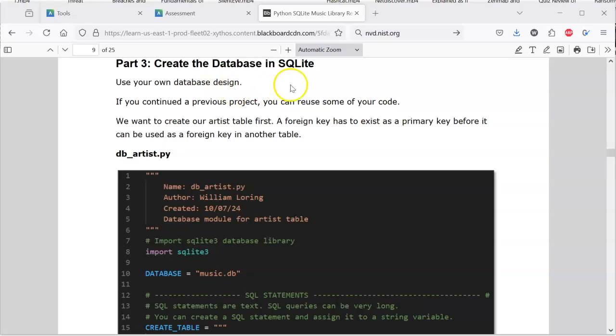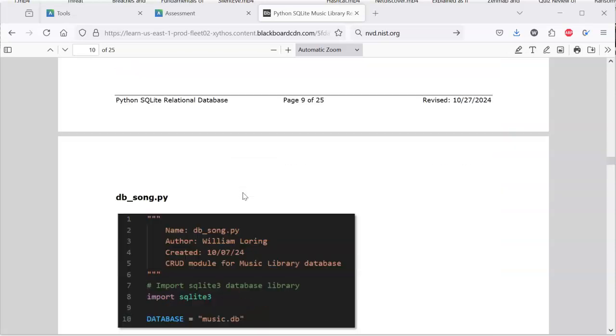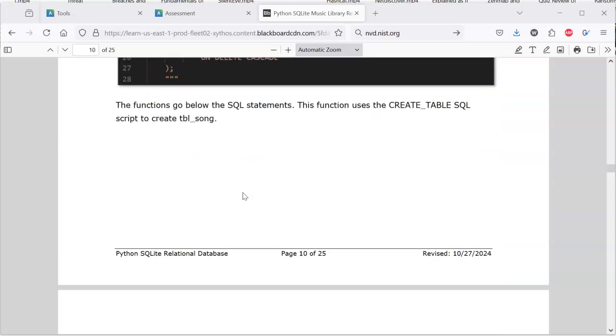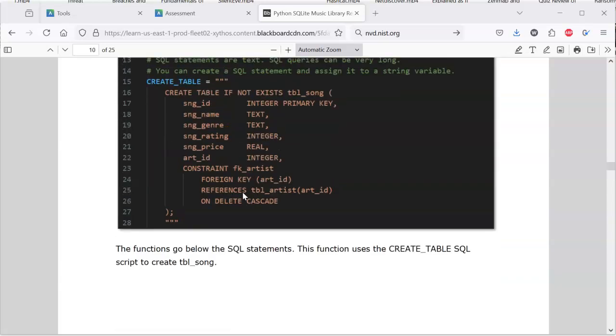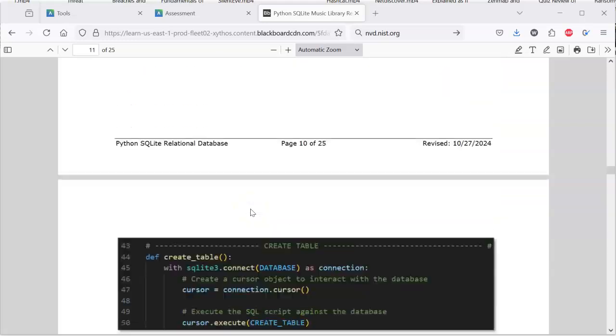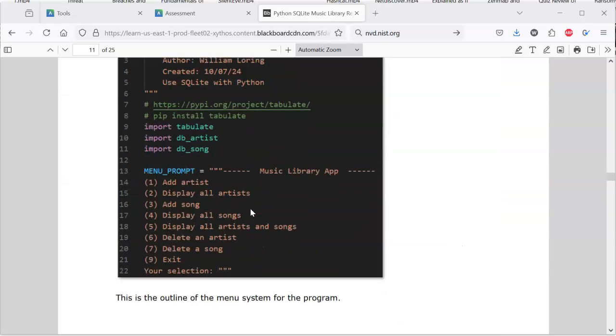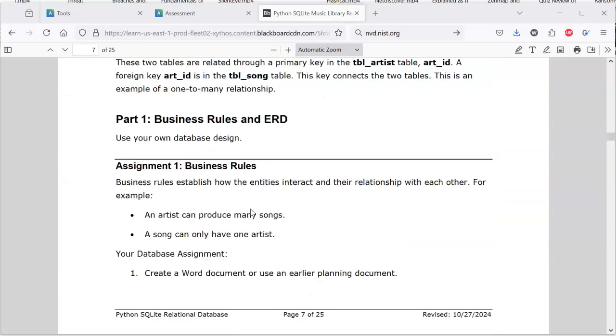Before you start this, you want to make sure that your tables are related properly. So one of the things that we want to do is make sure your design is good before you start putting this code in. Much of this code you've already done with the previous assignment. Before we go through the code, let me go through